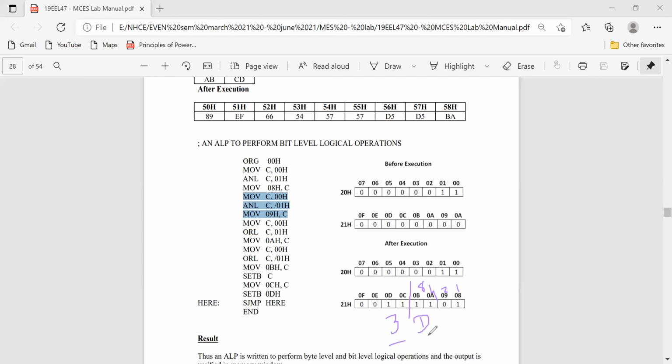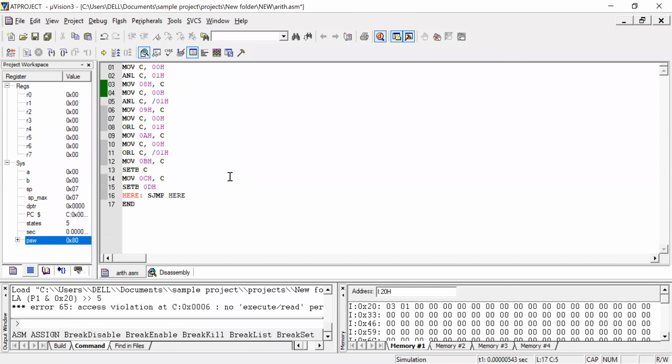So this is the data you should get after executing all these instructions. Keep in mind the result is 3D. If you want, we can take all the instructions and go to the software. We'll try to put everything.